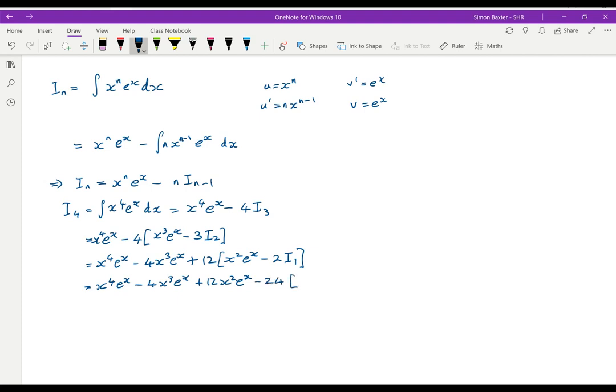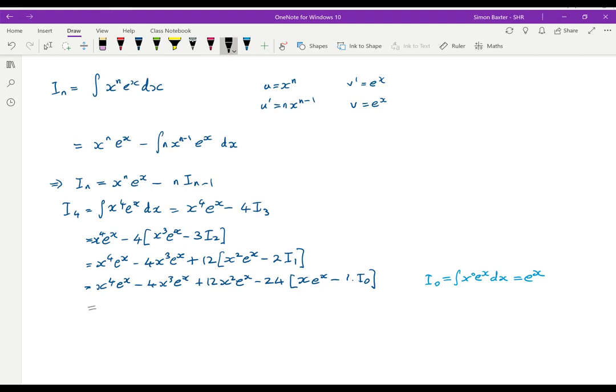Using the formula, that's x to the 1 e to the x minus 1 times I_0. And I_0 is the integral of x to the 0 e to the x, which is just the integral of e to the x. And so that's e to the x,